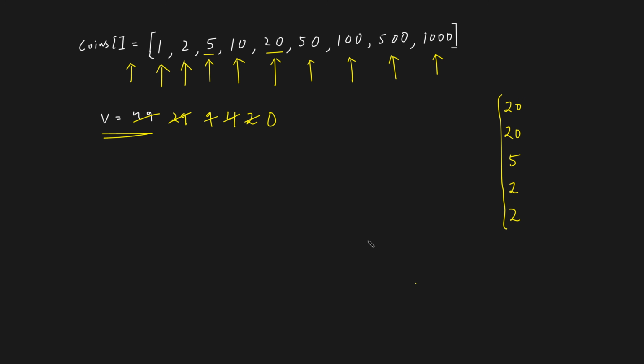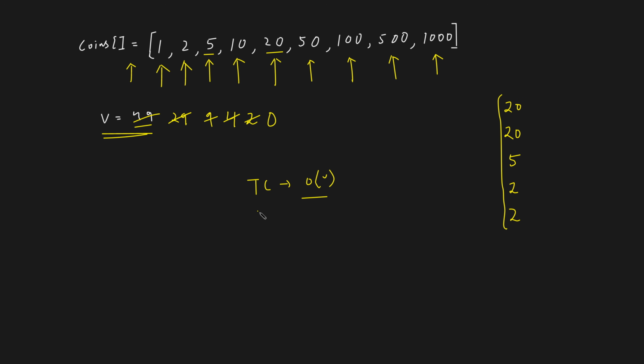So if I talk about the time complexity, at the worst case it will be big O of V, because we know if we are using a 1 rupee denomination, at the worst case it can be big O of V. But it will be much lesser than big O of V, because you saw now there was 49, right? And you simply reduced 20, so the amount of reduction is really huge. So the complexity will not go up to big O of V, but if the value V is lesser than 9 or something, then you actually have to iterate throughout this loop. So yeah, the time complexity will be very small.